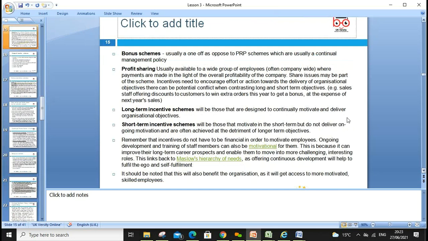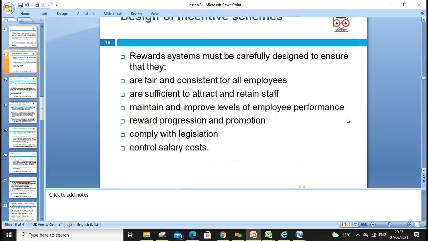Yes, if you improve, or if you reduce the cost, there can be a commission paid on performance or a bonus to employees. Bonus schemes can be introduced, such as profit sharing, giving shares in the company and making employees partners in the company. That's another scheme. Long-term incentive schemes are designed to keep people continuously motivated and deliver for the organization. Short-term incentives can be seasonal or promotional. Seasonal bonuses can be used, and Maslow also links to self-achievement, which we need to look at.